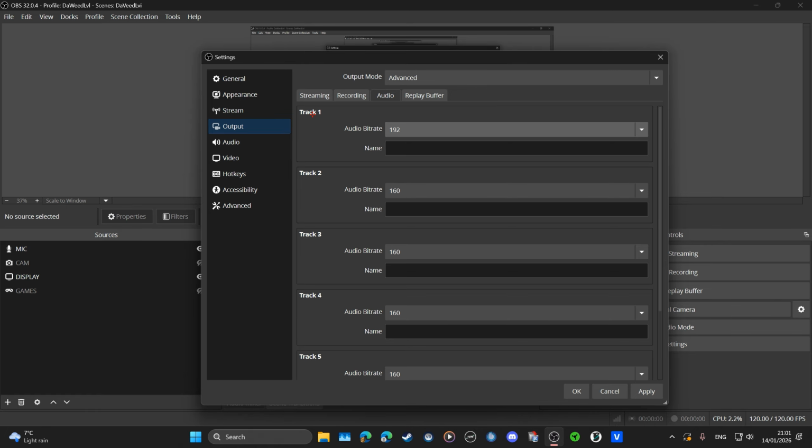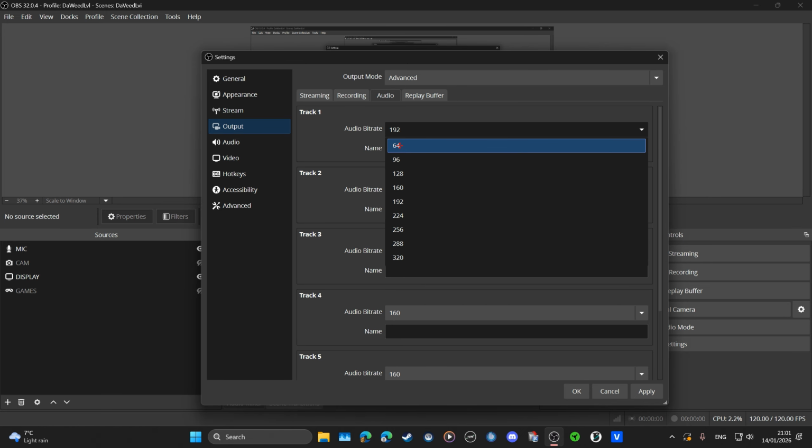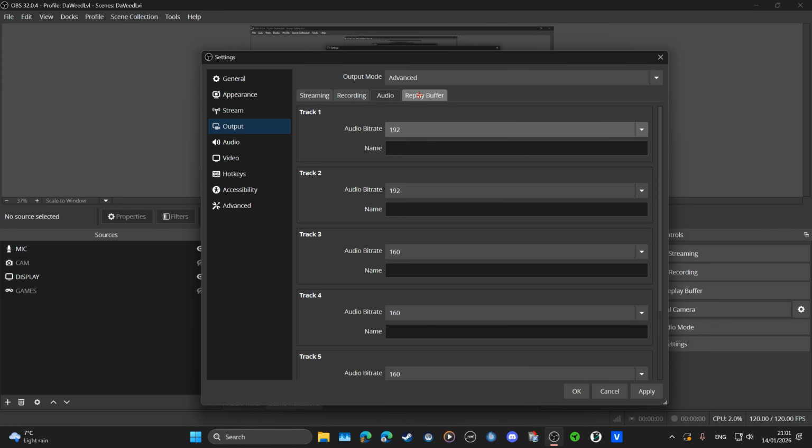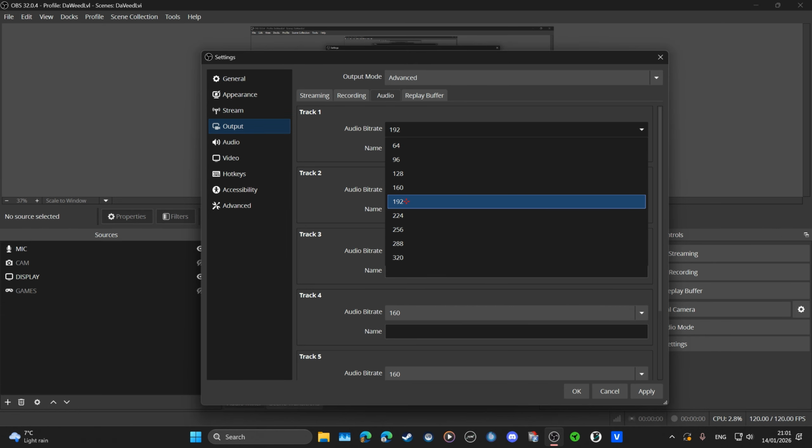So for the audio, I'm mostly using track 1. To be fair, I will go for 192. This doesn't really matter, honestly. Even at 96, 128, there's no difference. I just did it because that's what I'm using currently. So 192